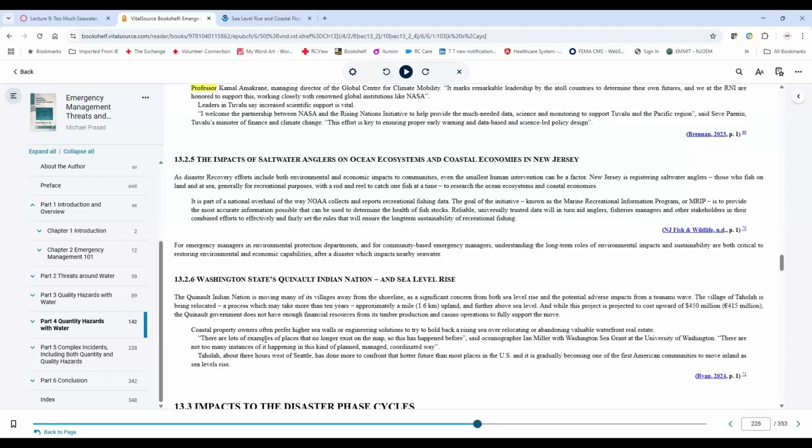And then here's sea level rise in a sovereign tribal nation, Washington State's Quinault Indian Nation, the story there. Similar type thing, but what they did there was they are trying to move the village of Taholah.